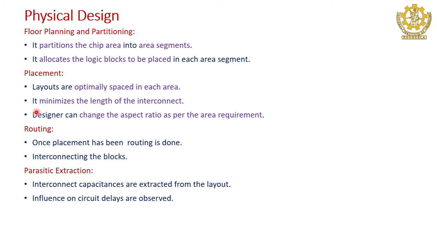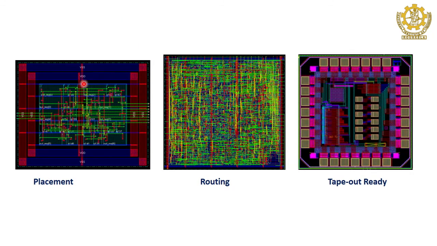Apart from this, in this phase power planning is done, like this one is VDD, one is ground, so alternate VDD and ground will be there. If there is a cell here, that cell will take VDD from here and ground from here. Otherwise, if you take VDD from far away and ground from elsewhere, then the interconnect length is more. So there is power planning, adding rings, lots of steps. Those we will cover some other day, not in this syllabus, maybe another syllabus.